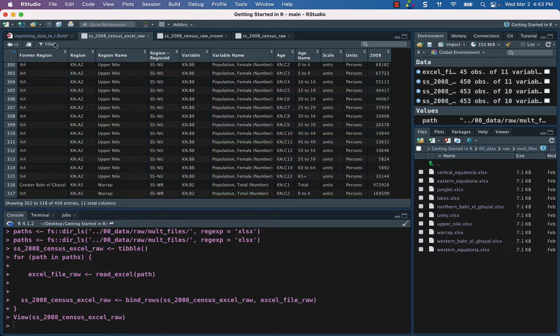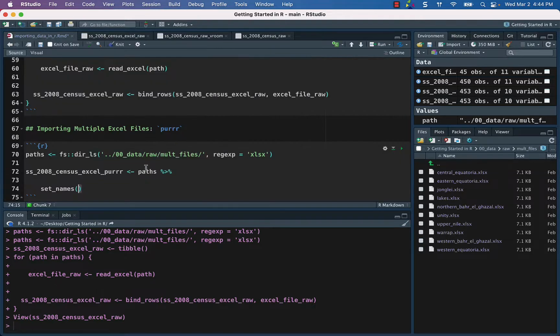But for the sake of example, I'm going to show you in case your files do not have the name that you want to retain or to identify them or differentiate them inside the files themselves. So we will say set underscore names, and we will pipe this into